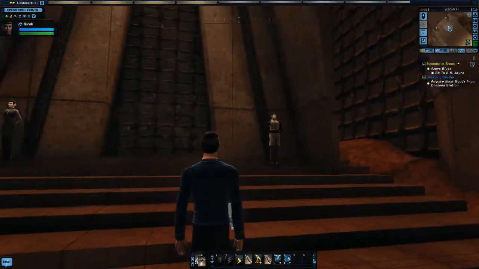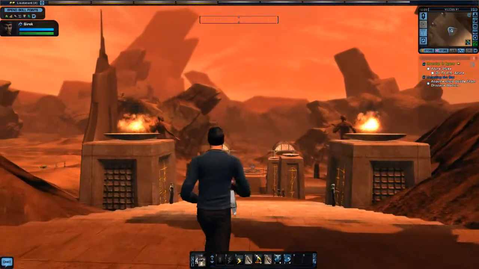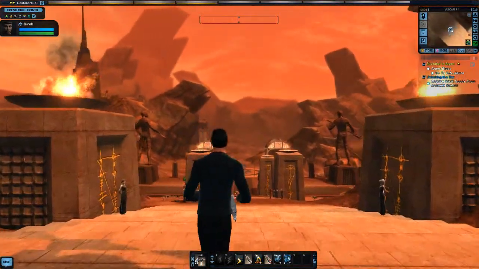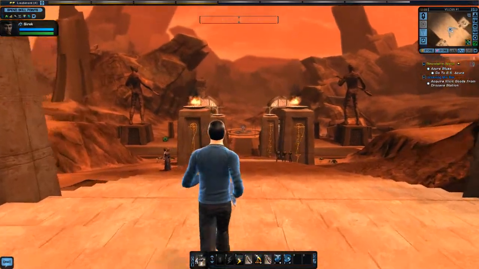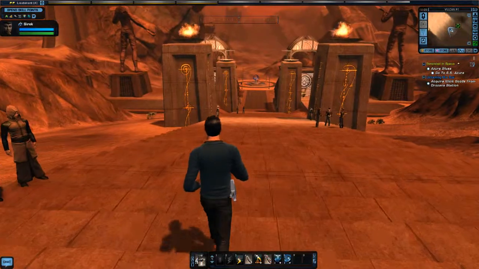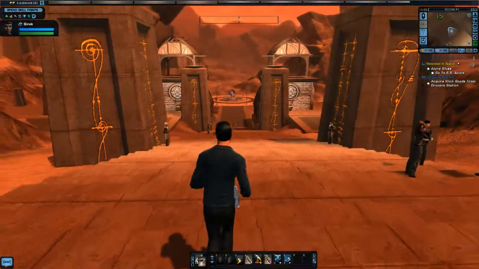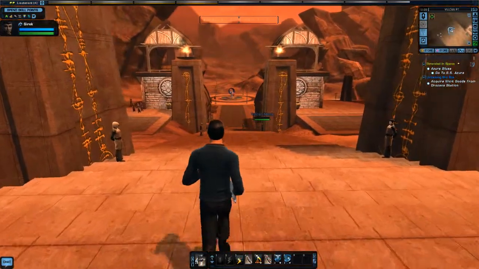And here is Vulcan. Looks pretty cool, doesn't it? I mean, it does look like Vulcan should look. Let's trot down here, and we're going to go and find that memorial. I don't know exactly where it is. I've not actually been here since they put it in the game, so...